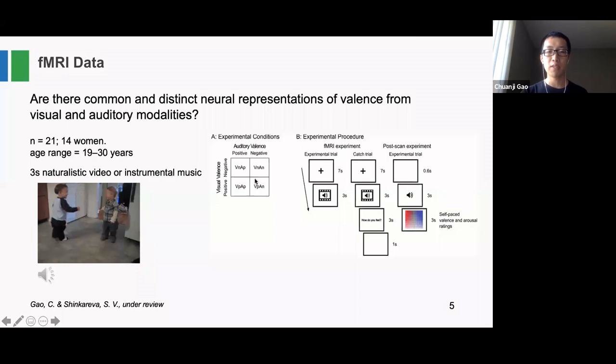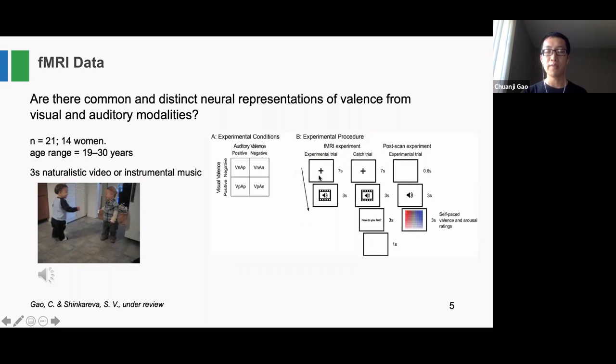The reason that we use this design is because by comparing different combinations, we can say what different models can be tested. So what are the brain areas that are sensitive to the alteration in specific valence in each of the modalities. In the scanner, we have the subjects, it's very